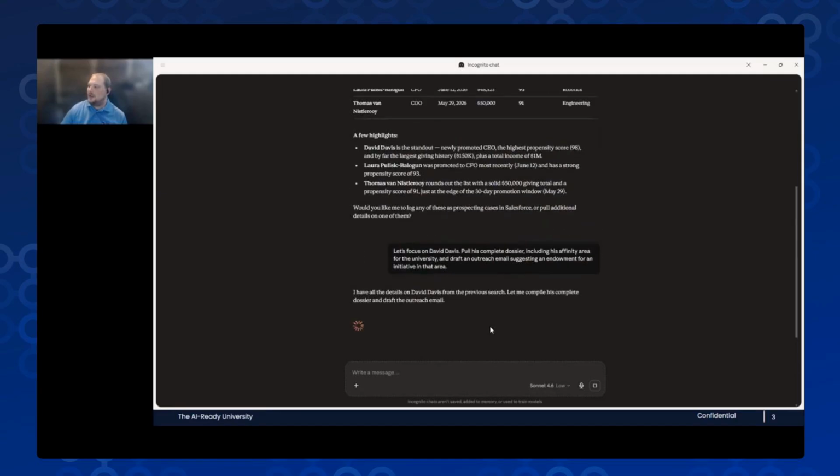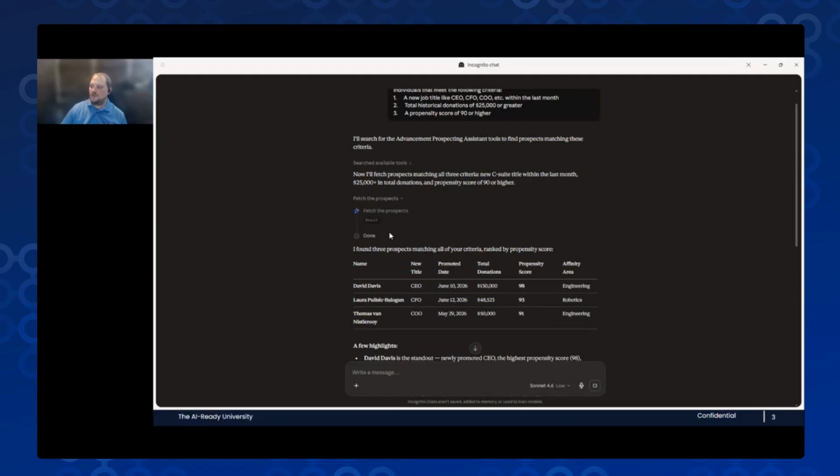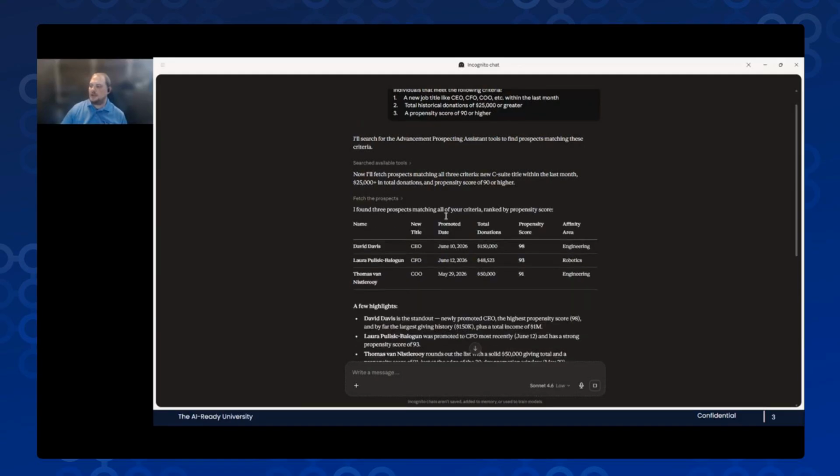All right. I do want to point out something I forgot to mention. This underlying tool here, Fetch the Prospects, is a tool that we've built in SnapLogic, and it only has read access to Salesforce data and a couple of Snowflake tables. It does not have the ability to create, update, or delete records in those objects, tables, or any other parts of our data model, right?